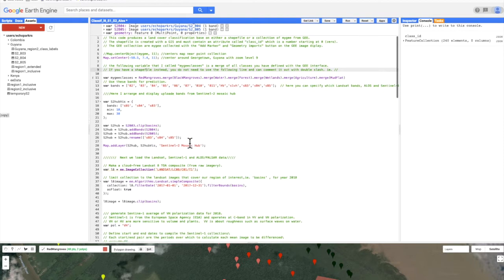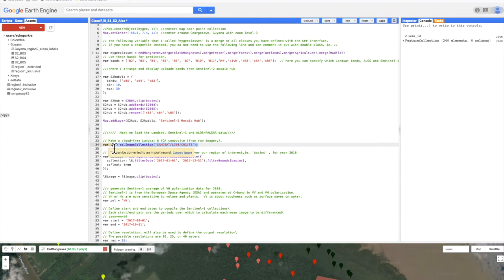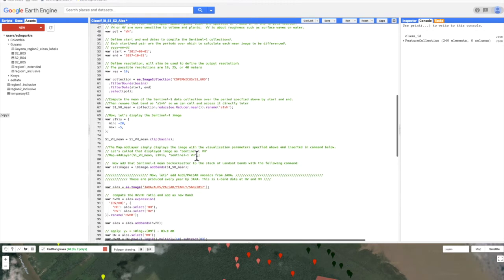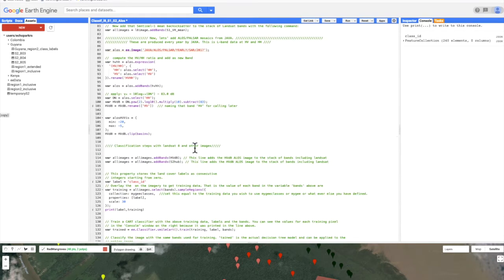The other datasets, so ALOS PALSAR and Landsat-8, are included directly within my code. So here you have Landsat-8, and we have ALOS data a little bit further down. Okay, so we have 3 methods in this code to insert data. You don't have to do that. You could use the same method for almost all of them other than the shapefile, but here it is just for